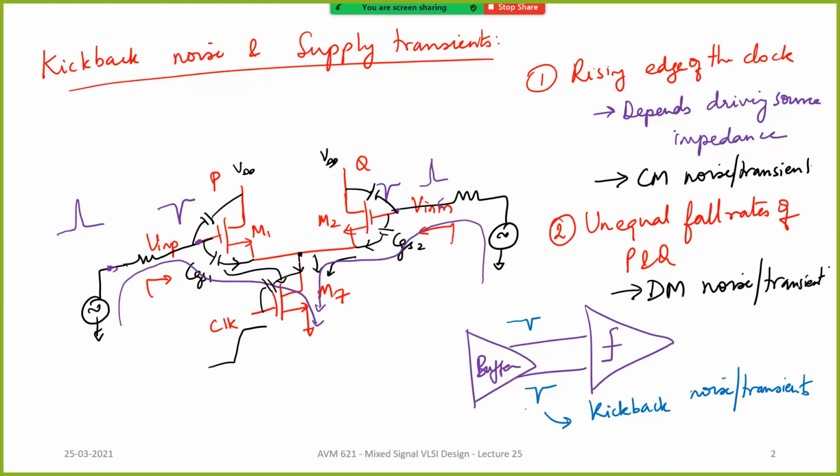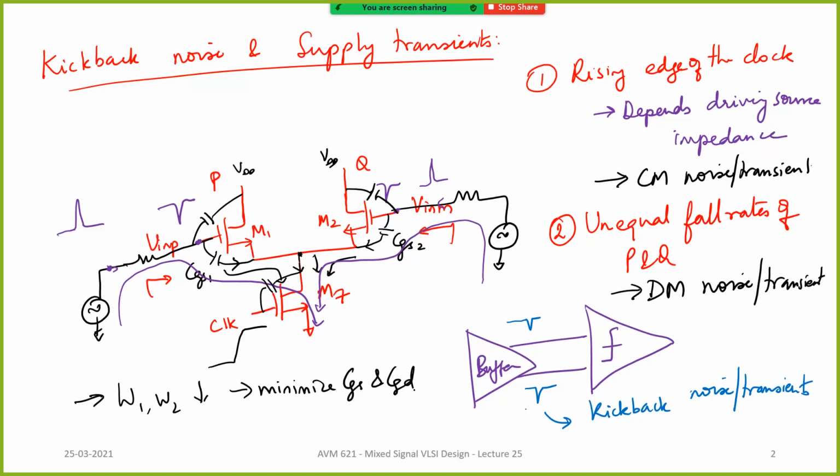Okay, which is why it is important to minimize CGS and CGD, which would make W1 and W2 lower. Which obviously we know is the opposite of trying to minimize offset. In order to minimize offset, you will blow up the area. By blowing up the area, you will have a significant amount of CGS and CGD, which will worsen this problem. Okay, so there are always trade-offs.